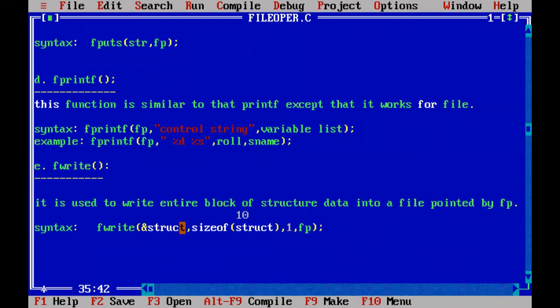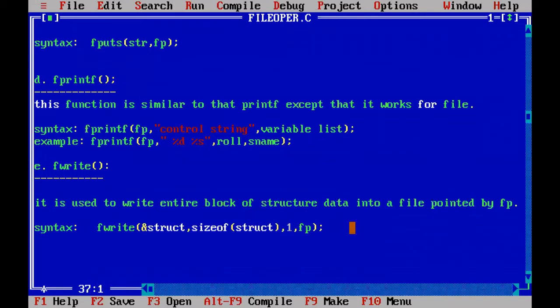So now the fwrite function will read this much size of data, 10 bytes of data, from the structure variable only one time and write into the file FP. So that is the functionality of fwrite. With this we completed all the functions in the writing operations to file.